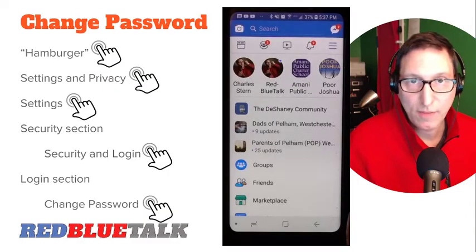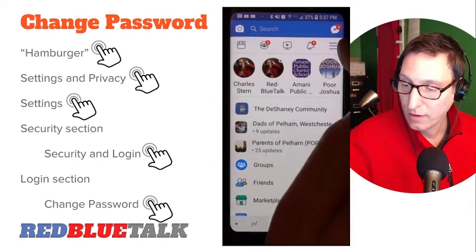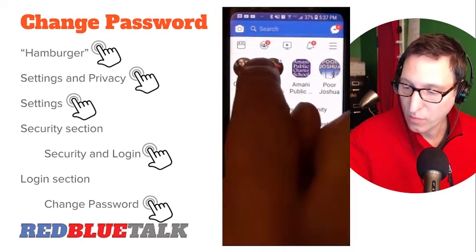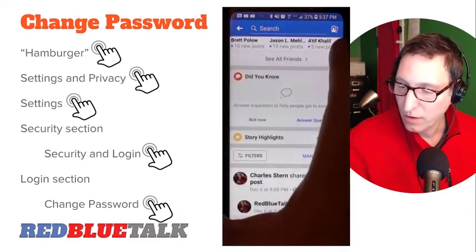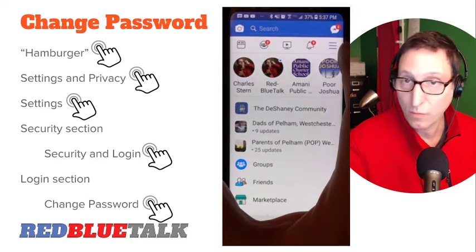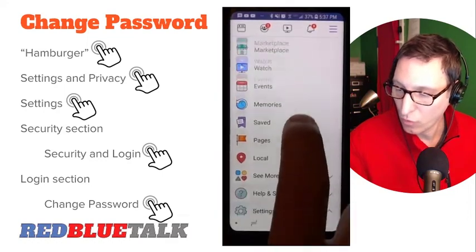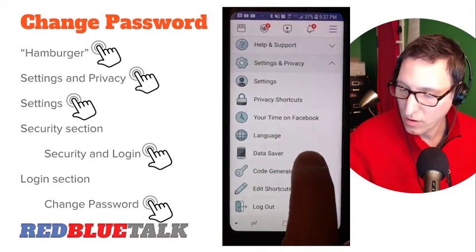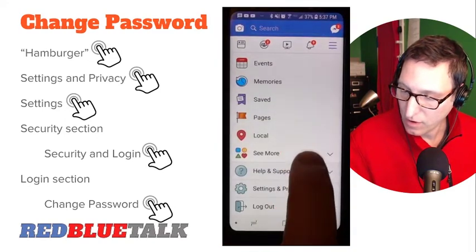All right, if you don't remember the last time that you changed your Facebook password, here's how you do it. Wherever you are on Facebook, let's suppose you're just browsing around in your feed, you go to the top level. You have this thing with the three bars called a hamburger. Click the hamburger. Then scroll down to where it says settings and privacy, and then under settings and privacy,